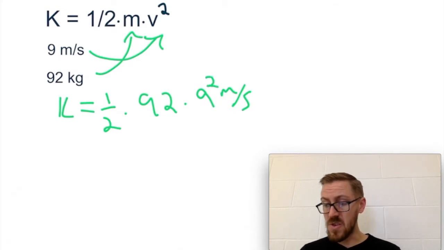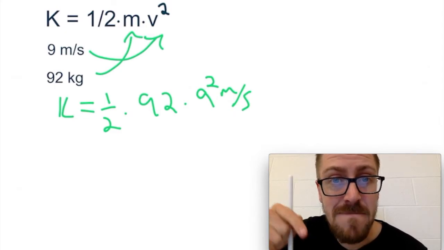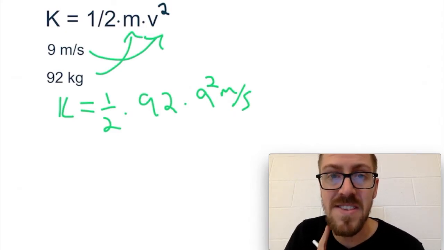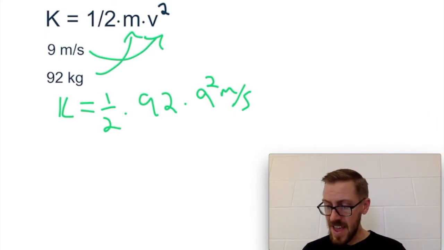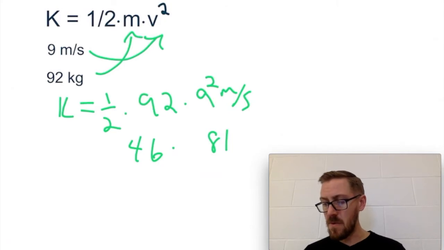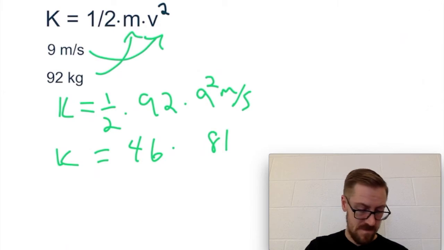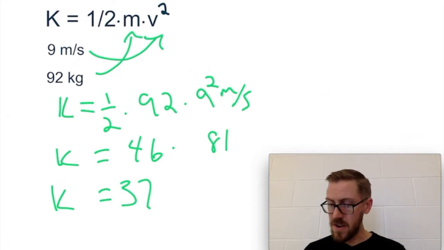Oh, this is 9 squared, by the way. Don't make that mistake. If you make a mistake in this problem, it will be because you forgot that squared on the velocity. So 9 squared is 81, and then 1/2 times 92 is 46. So 46 times 81 equals K, and that equals 3,726. Just need a unit,